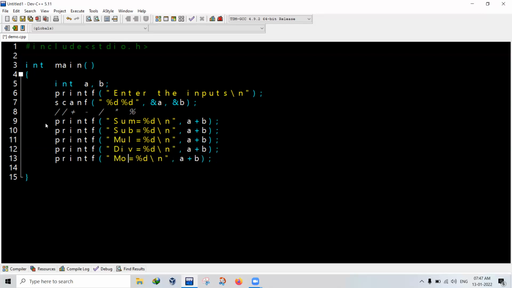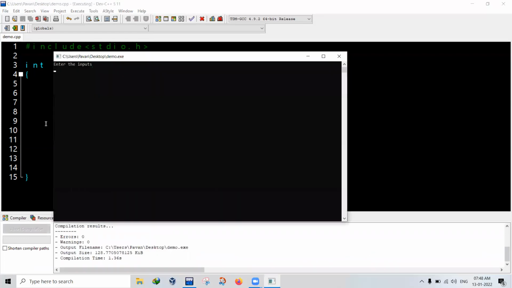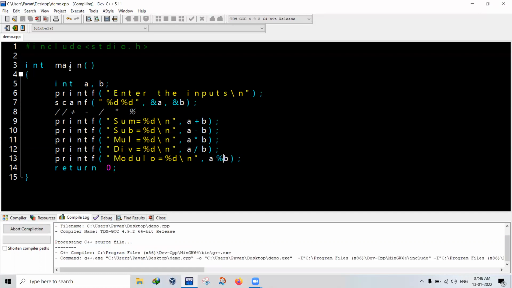I want to show you one small thing that happens here. This is very important because I want you to understand. If I give the inputs as 5 and 2, 5 as my first number, 2 as my second number, you can see, oh sorry, I didn't change the operators. I'll change them quickly. Minus, multiplication, next one is division, and the last one is modulo, which is percentage. The reason why I'm starting this program is very important.